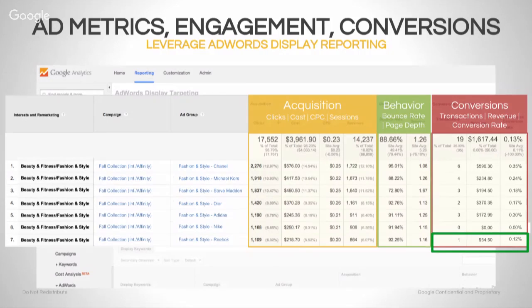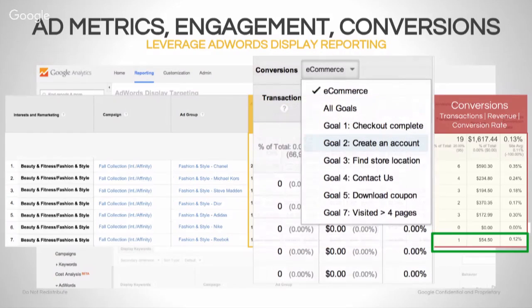And it's clearly not number 7. It's clearly not the one at the bottom, the Reebok campaign. It is driving, it's expensive, the CPCs average, and we've only had one conversion from this ad group. So in order to save money, we might optimize by cutting this from our campaign when we're looking at things like e-commerce metrics. However, like I said before, if we look at things like goals, like, for example, create